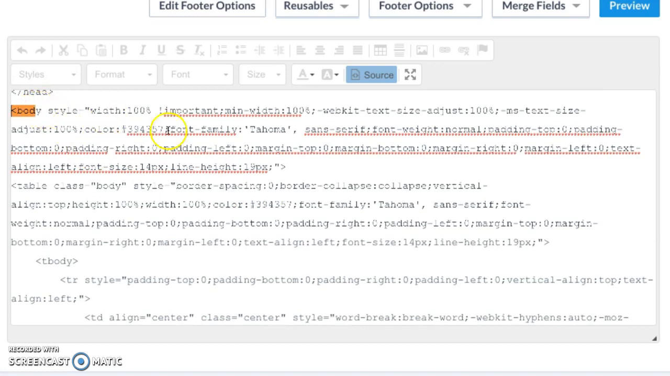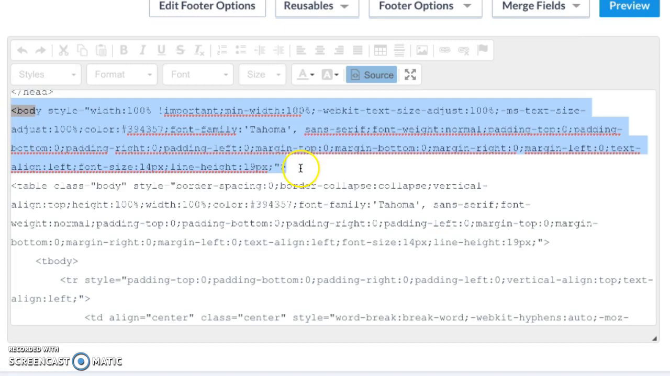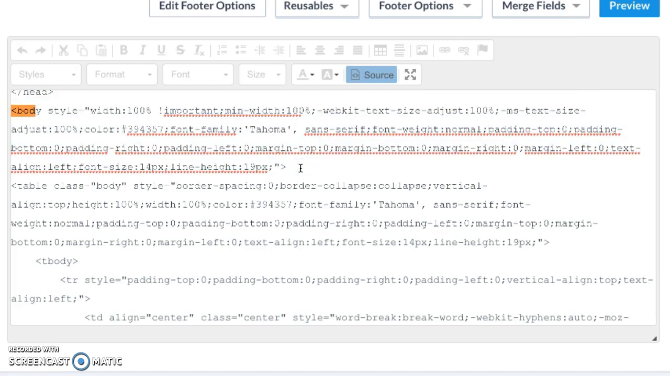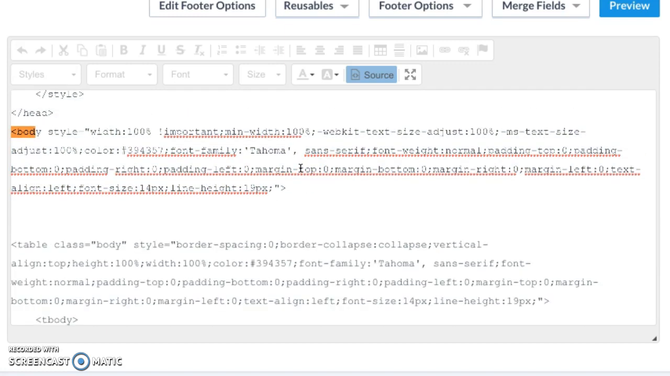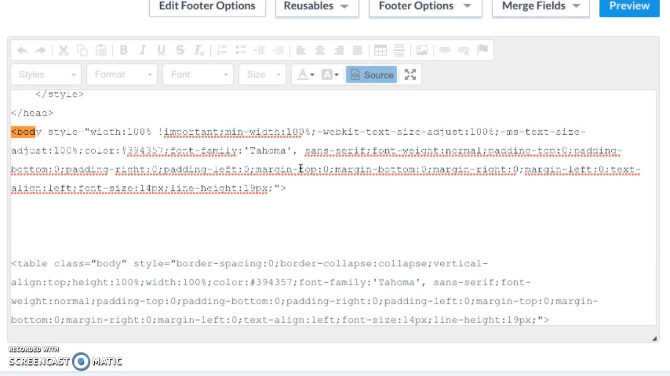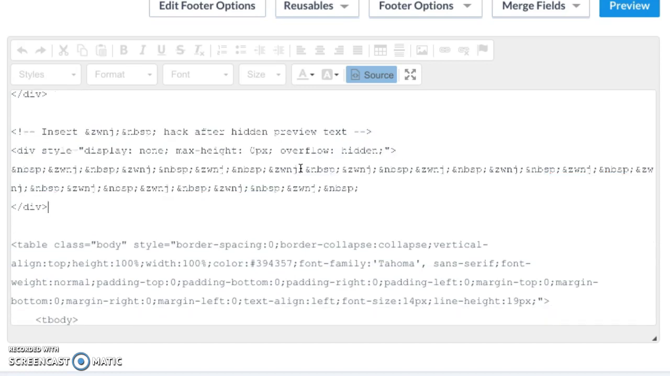Now, this is the body tag right here. I'm going to select the entire body tag, and what you want to do is put this preview text directly after it. It should be the next thing that shows up. Now, this code snippet that I'm going to just paste right in there,